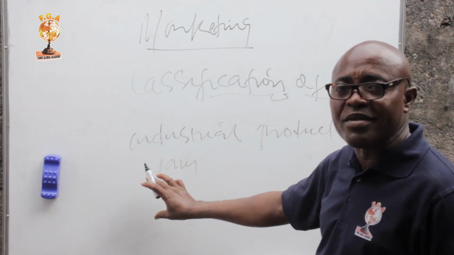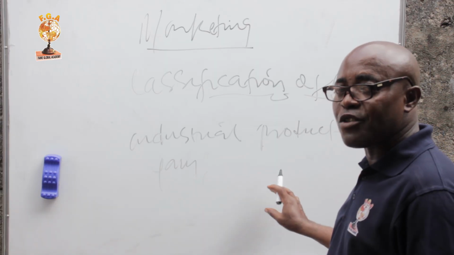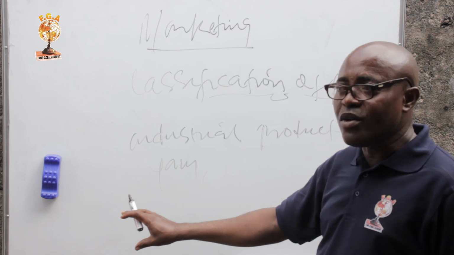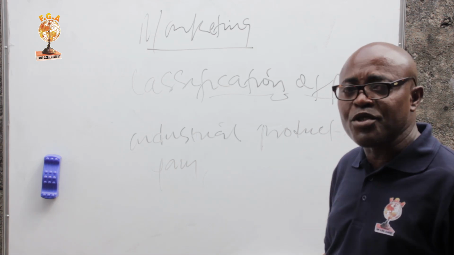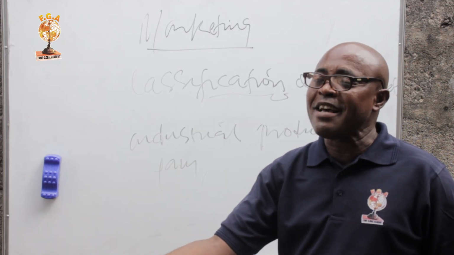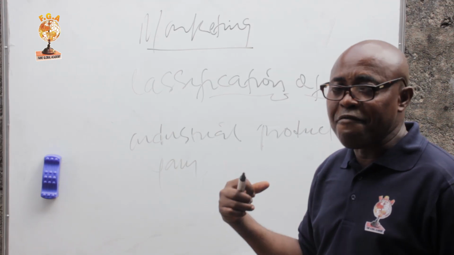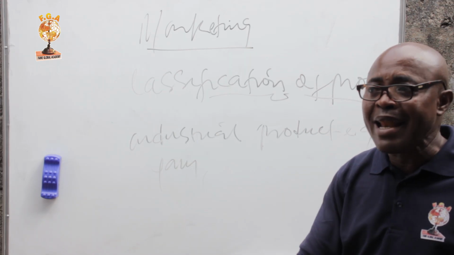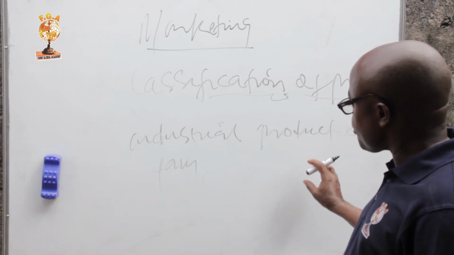in its own raw state. Cassava is there. These ones are referred to as what? Raw materials. Now you have cotton wool. These ones are part of raw materials. Raw materials are items that are the first-hand product from the earth. It has not undergone any form of process. So in its raw state.